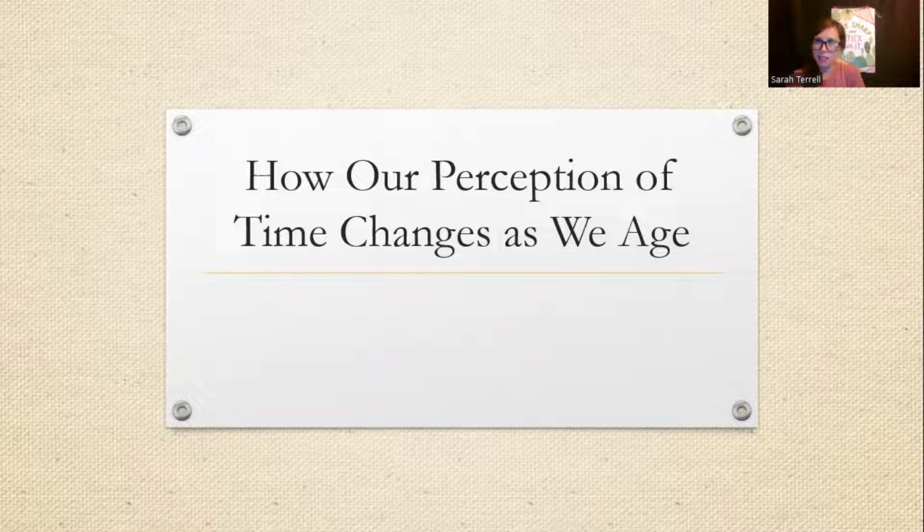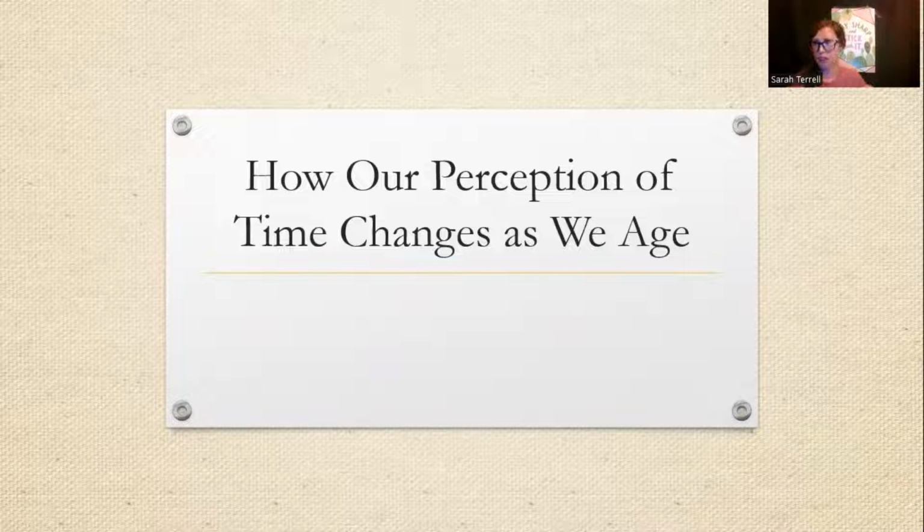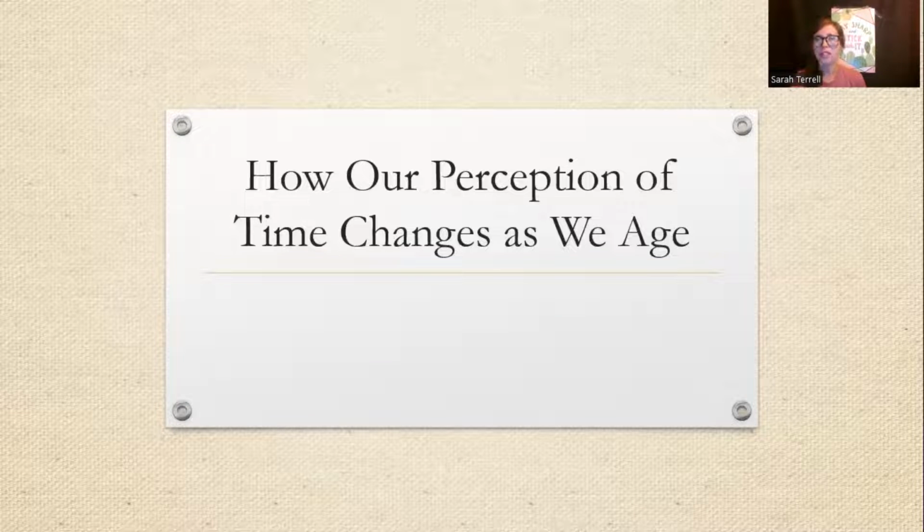Today we're going to be discussing how our perception of time changes as we age. For most of us, this is a pretty familiar concept. We're all able to recognize that in our youth, days seemed to last forever, whereas now, as we're aging, every single day seems to be getting shorter than the last. So, we want to investigate today what's the math happening behind the scenes. Why is this happening to us? And is there anything we can do to help slow this process down?